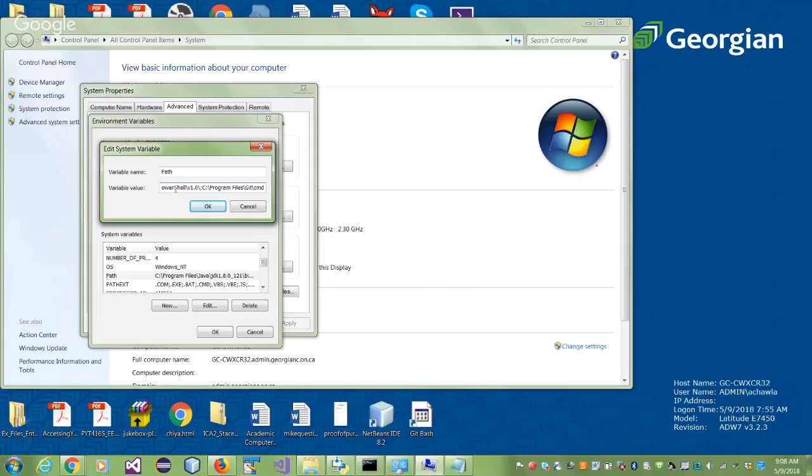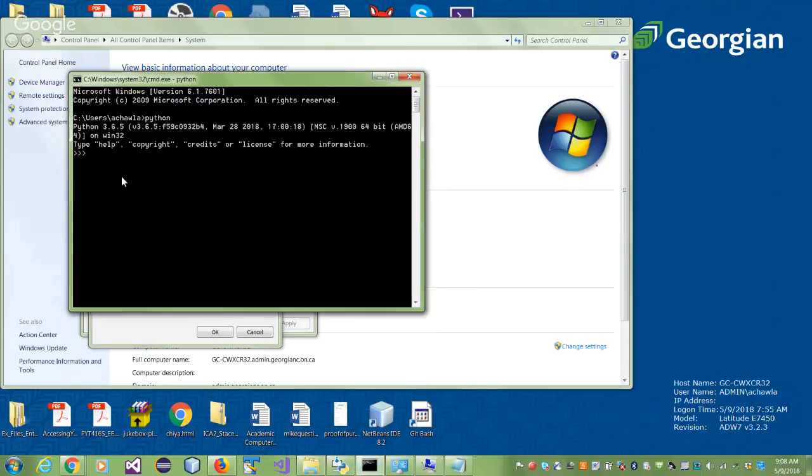Wherever. Front and end is easy. Putting it in between is a little difficult. So if you put it in the front, put it and then put a semicolon after it to separate it. If you're putting it at the end, then put a semicolon before it to separate it from the last. That's all you have to do. Once you do that, you can now run Python from the command line. You can test it. Since I was able to run it from here, that means my Python can be run from the command line.